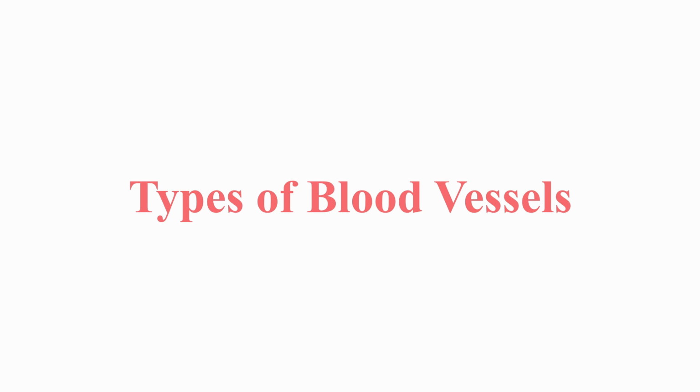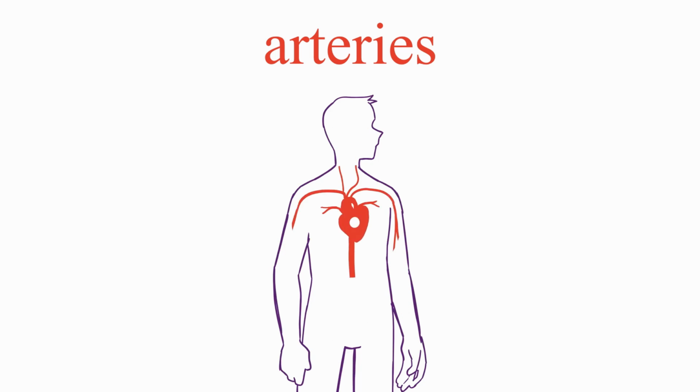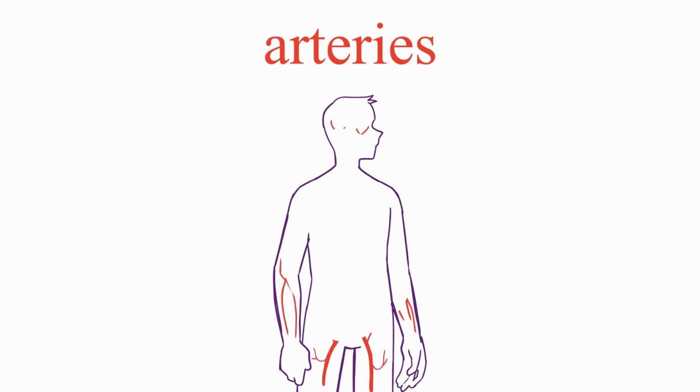Blood vessels aren't just passive tubes made merely to carry liquid around. Like the pipes behind the walls of your home, they are active and dynamic organs, capable of contracting and expanding as they deliver oxygen and nutrients to cells throughout the body, carry away waste products, and do their part in maintaining blood pressure. You already know the three major types of blood vessels. The arteries, which are very muscular and carry blood away from the heart. It is also here where we can find the largest artery called the aorta.